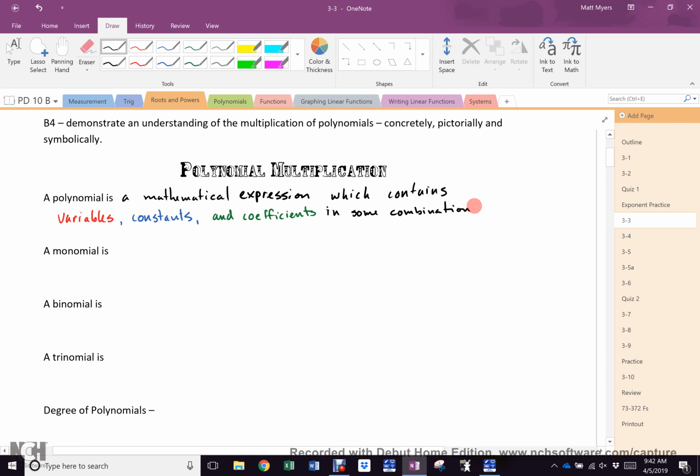Okay, so that's what a polynomial is. The word is from Greek. It's many numbers. Poly meaning many. Nominal is from the Greek word for numbers. So a polynomial,